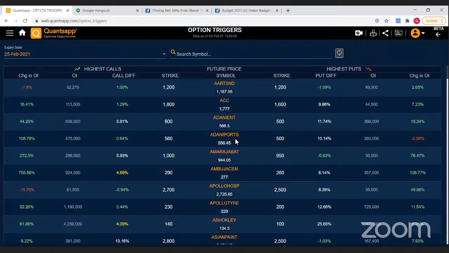राइटिंग में इसका अपोजिट हो जाता है। राइटिंग, कॉल राइटर क्या करता है, वो कॉन्ट्रैक्ट सेल कर देता है। तो आई जस्ट टेल यू वेरी सिंपल, लाइक इन अ वेरी शॉर्ट फॉर्म। सो अगर मैं कॉल राइट कर रहा हूँ या सेल कर रहा हूँ, तो मैं चाहता हूँ कि वो जो स्टॉक का भाव है, वो कभी ऊपर ही ना बढ़े, हमेशा नीचे जाए या उसी रेंज पे रहे, और उसका ऑप्शन कॉन्ट्रैक्ट जीरो पे खत्म हो जाए। और पुट राइटर ये चाहता है कि स्टॉक का भाव ऊपर जाए या फिर वही रह जाए। पुट राइटर ये कभी नहीं चाहेगा कि स्टॉक का भाव नीचे आए, और कॉल राइटर कभी नहीं चाहेगा कि स्टॉक का भाव ऊपर जाए।